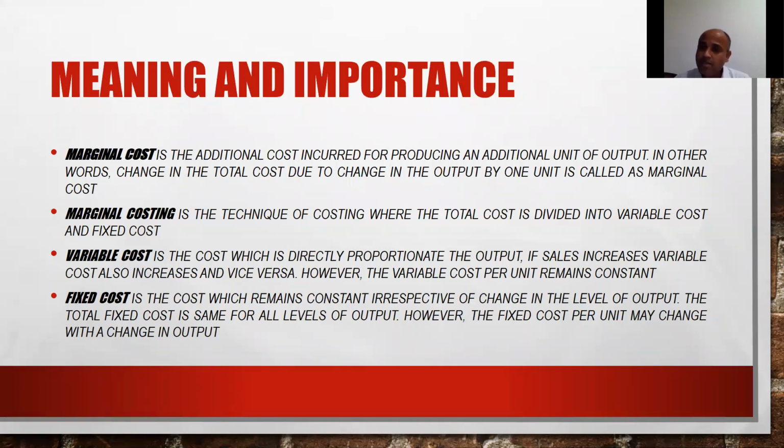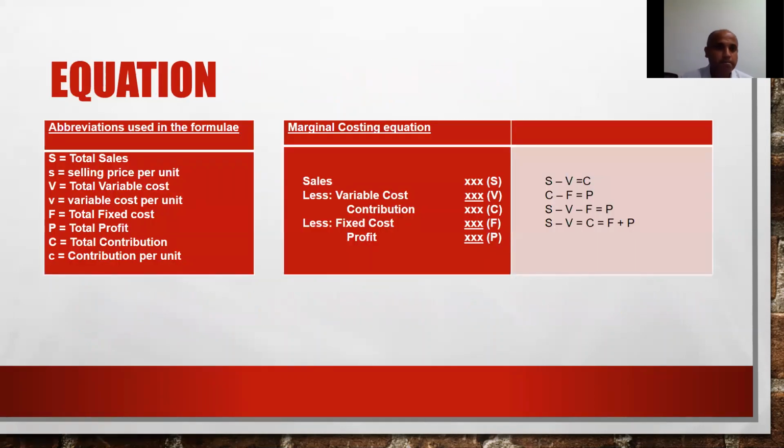But when somebody is asking you what is the material cost, you should not say 2 lakhs or 3 lakhs or 4 lakhs. You should say material cost is 10 rupees per unit, because in my example, each pen required 10 rupees material. So, two important points. Remember fixed cost always in total. Remember variable cost always in per unit. Is this okay? I'll proceed with this. Any questions you can ask me. Now, look at this.